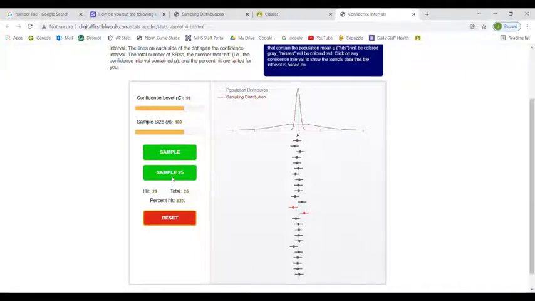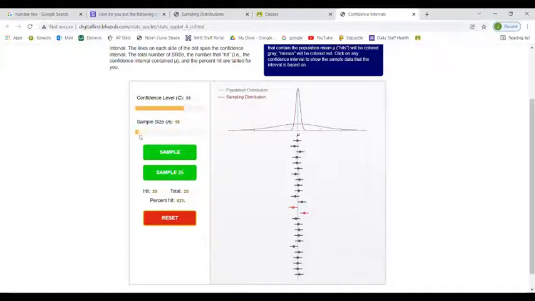Even though the intervals got smaller, the distribution of all the X bars, the sampling distribution, is much narrower. So we expect the X bars to be more clustered around that true mean as we get a larger sample size. So it's not surprising that even though the confidence interval got narrower when you increase the sample size, the X bars more closely cluster around that true parameter. As a result, we don't really have a diminished capture rate.